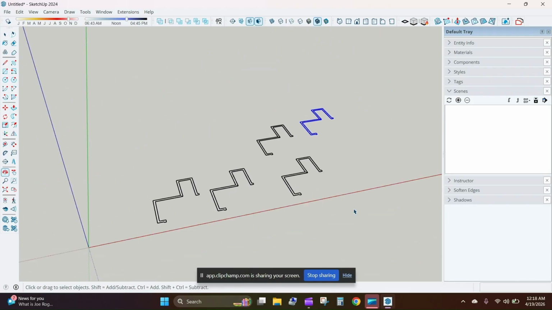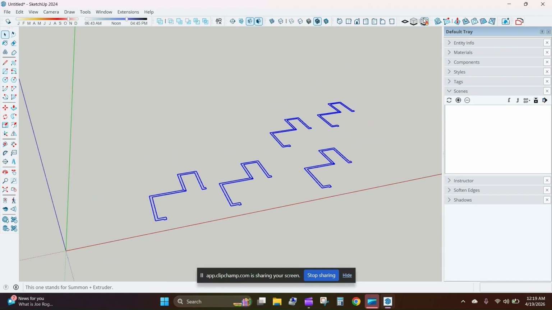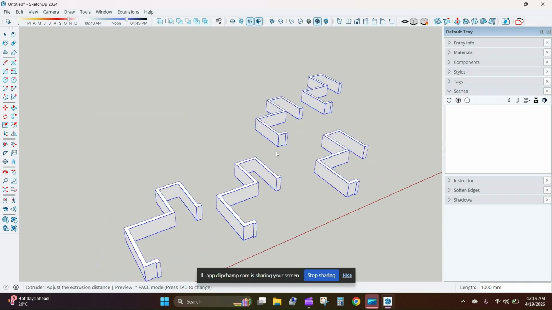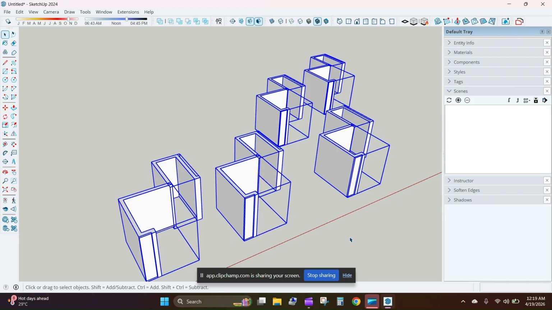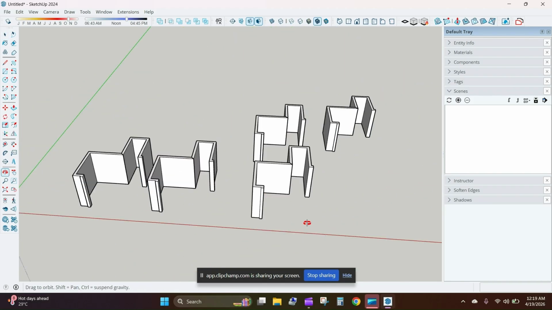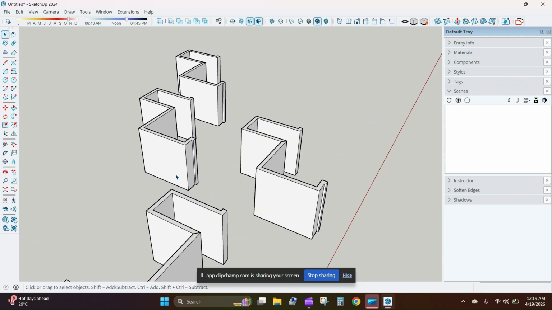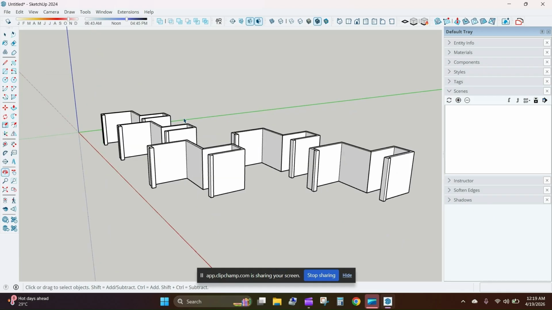This is just easier. Now, what we do for creating this in one single click is select every one of it, and then you select the FaceUp tool, which is right over here, and then specify the size, which is basically 3000 in any case, and just press Enter two times, and all of your walls will be ready in one go. So this is how easy it is to make multiple walls in SketchUp